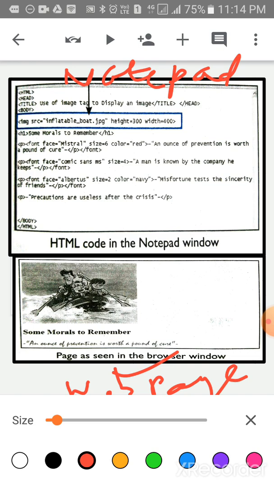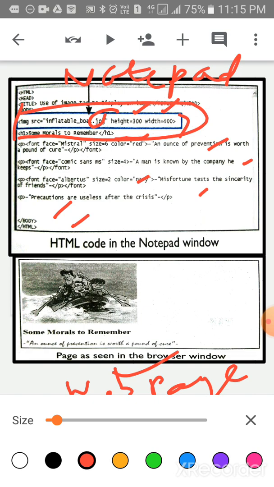Children, in the Notepad this is the same paragraph, font, paragraph, closing tag of body, lastly closing tag of HTML, and this is the coding of how to insert the picture in the foreground. img space src is equal to, within quotes write down the path of the image and dot jpg. After that children, space height is equal to 300 and then width is equal to 400 and then closing tag.